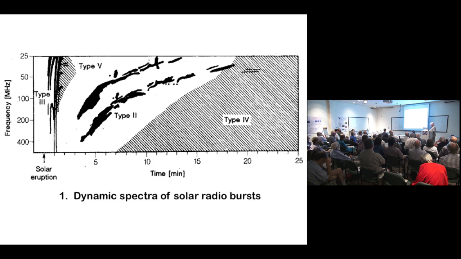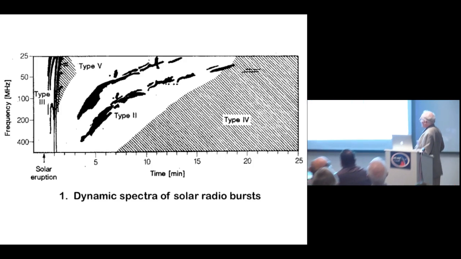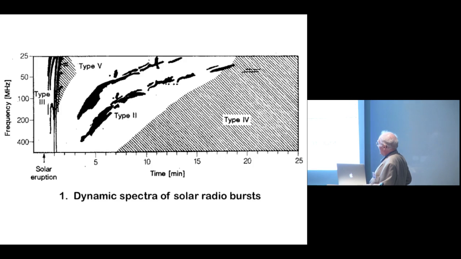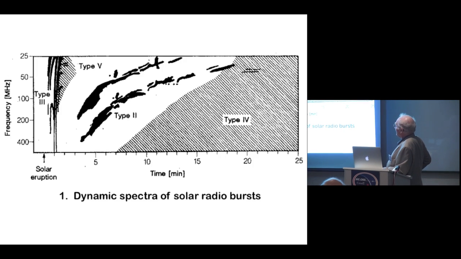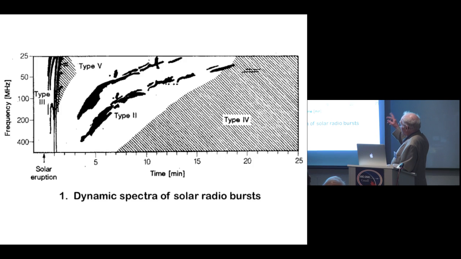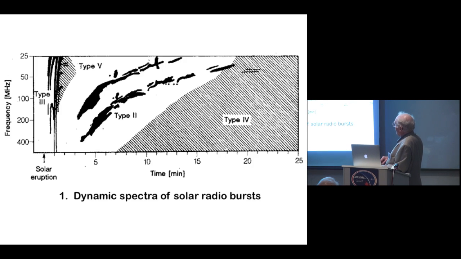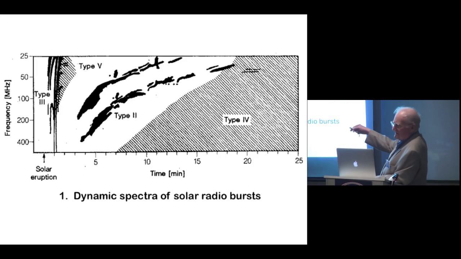What we see here is a dynamic spectrogram of typical solar radio bursts. These are made from ground-based arrays, and the dynamic spectrogram, as you see, is a display of the intensity of the bursts versus frequency on the left-hand scale and time. And you can see that some bursts, like the type 2 burst in the middle, the frequency drifts from high frequency to low frequencies, high is at the bottom,